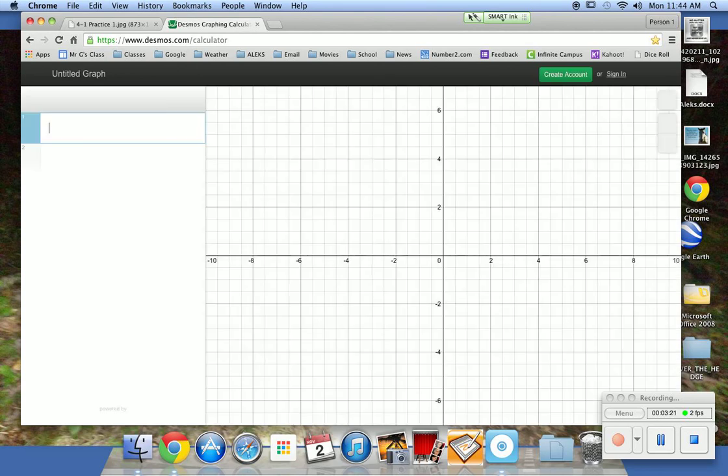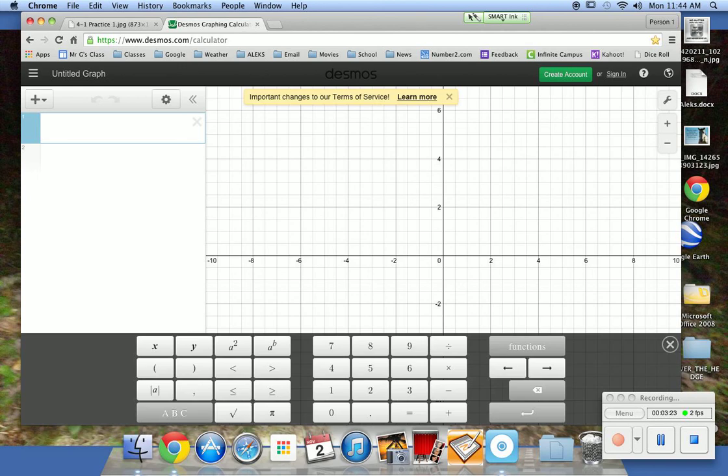If I was to take Desmos and I was going to graph that equation, see, am I accurate with what I'm coming up with? I would put y equals 3x squared. And if you take a look at this now,